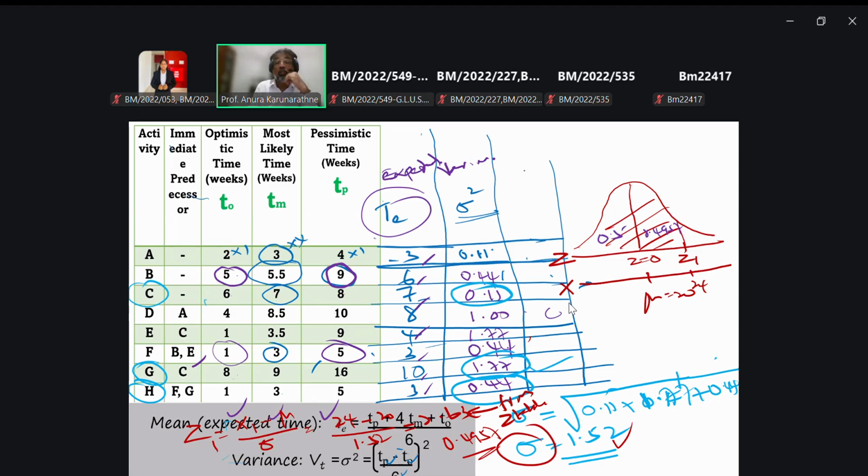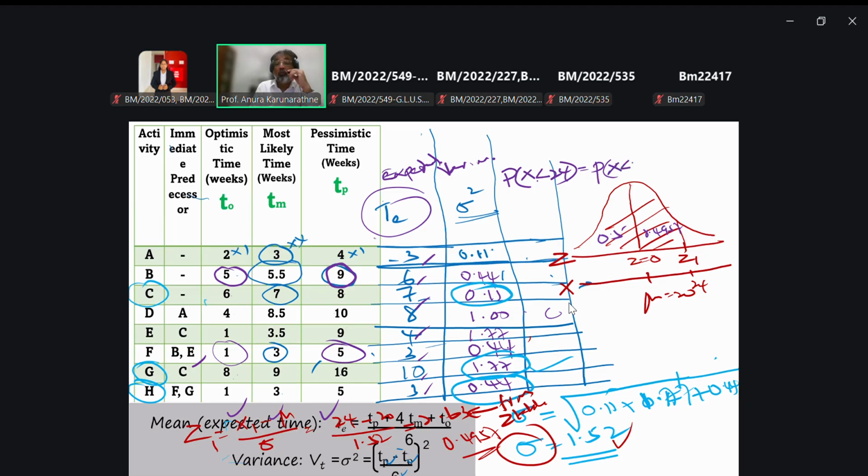Then your question is the probability of completing this activity below, equal or below 24 weeks. This is equal to the probability of completing this activity,